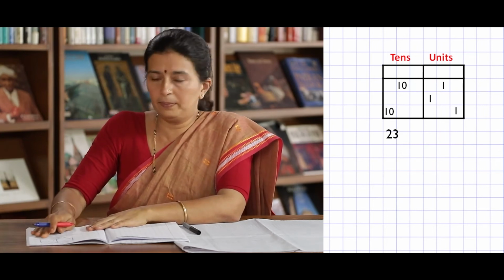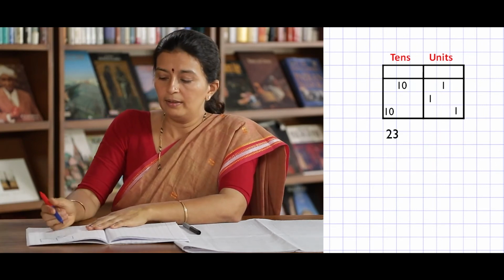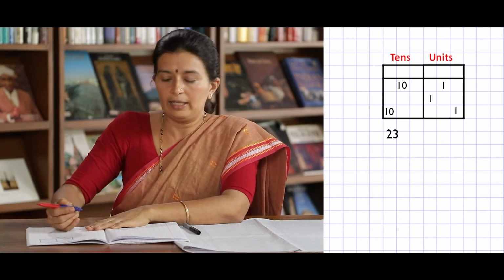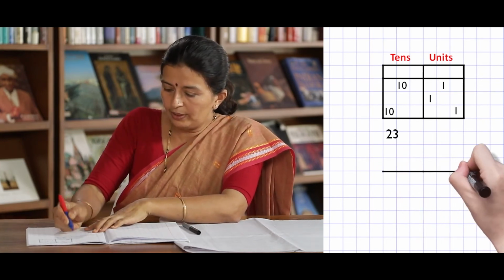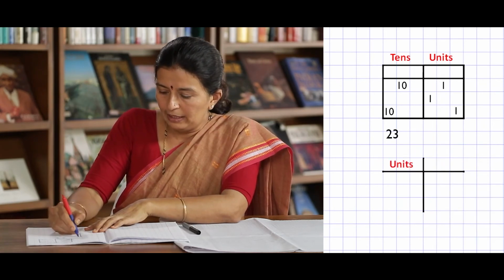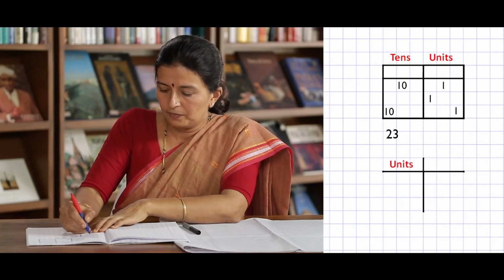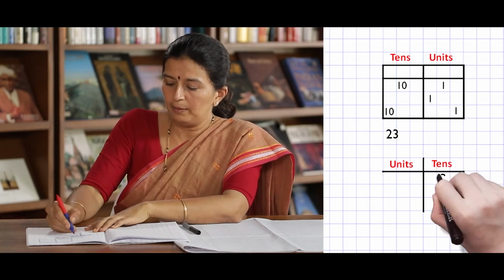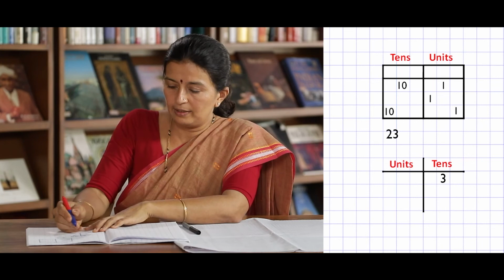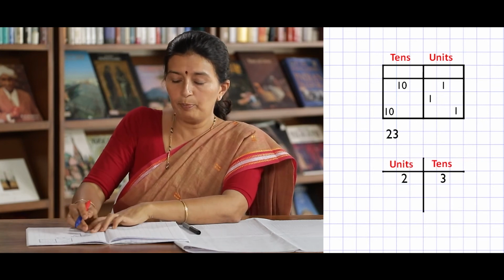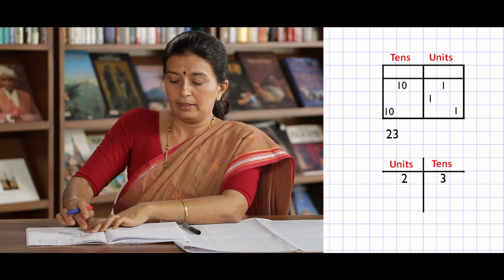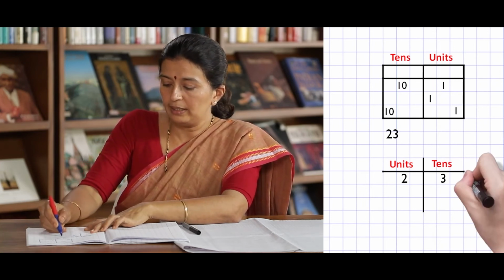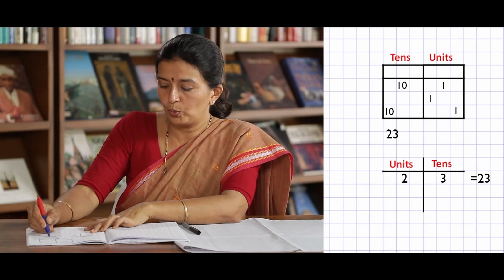Now, we wrote 23 here. We have seen it written in the textbook. How do we transfer it to the table? Let us see. This is the units place. This is the place of tens. In the units place, we have 3. In the tens place, we have 2. We won't write it as 20. We write it as 2. In the units place, it is 3. This is how we show 23.